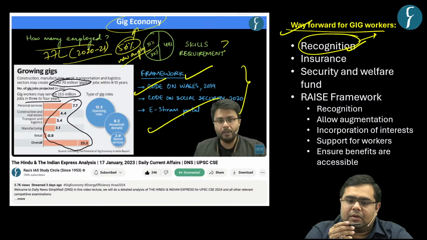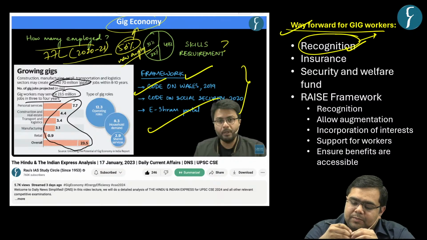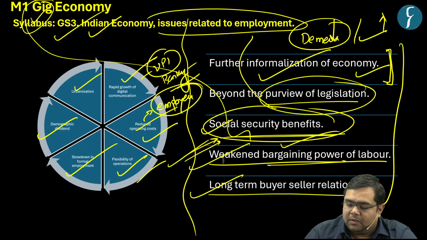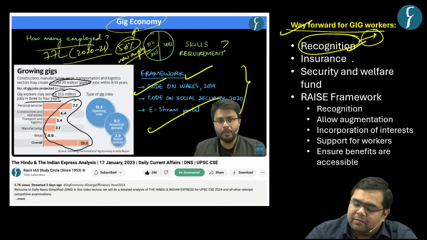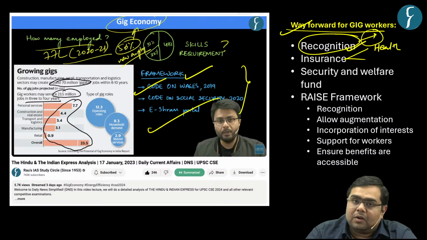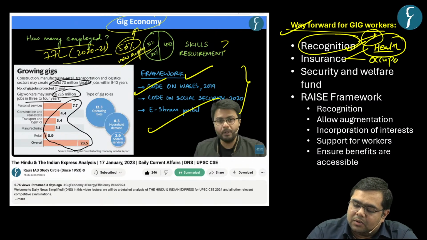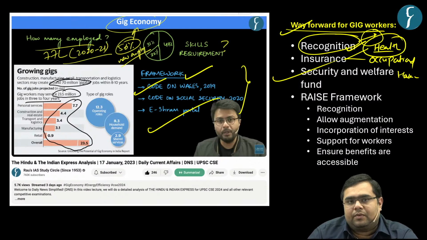The primary reason for these strikes is renegotiation of the share of the rents that we pay them for their services. So the first aspect is recognition of gig workers. This recognition will come from legislative intervention. Second one being insurance. Insurance can be with respect to healthcare, or insurance with respect to occupational hazards. The third one being that a security and welfare fund should be established,